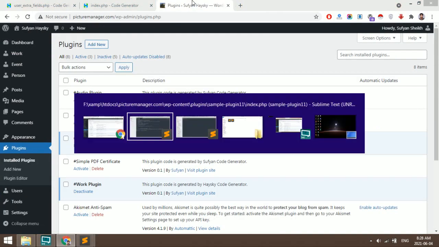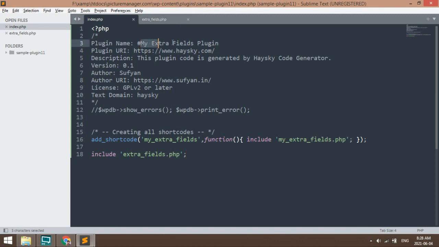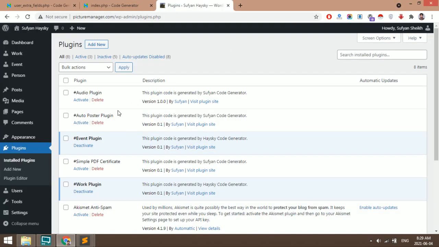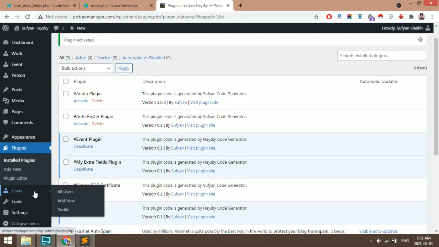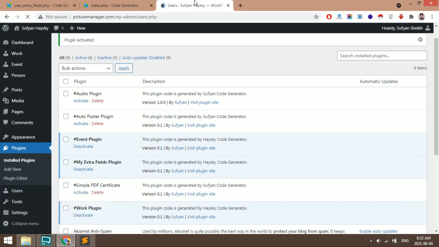Now we have to activate this my extra fields plugin. Reload the plugins page. So we have to activate this my extra fields plugin, extra fields in users page.